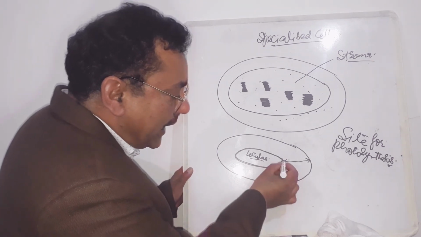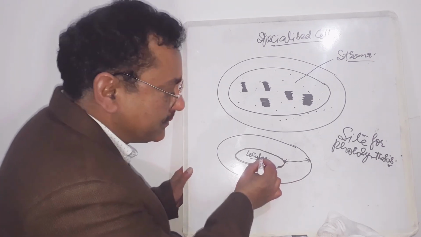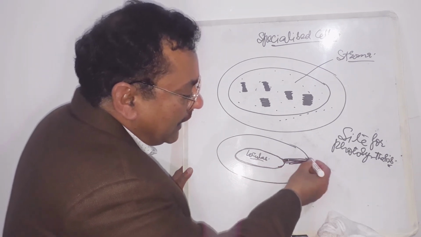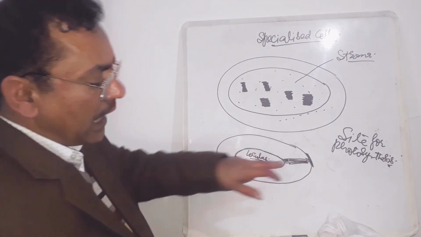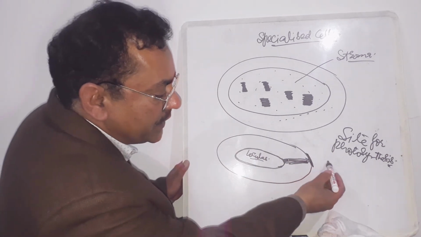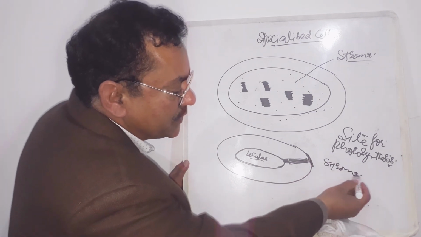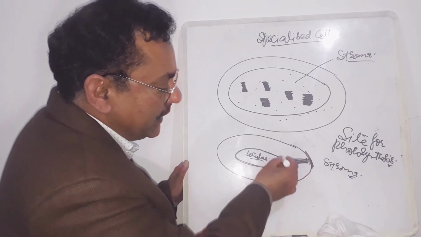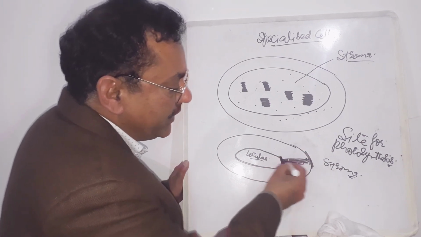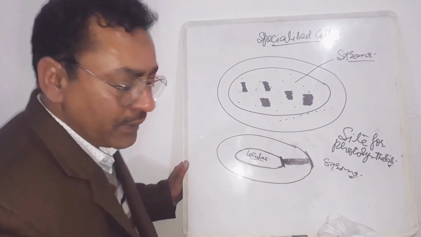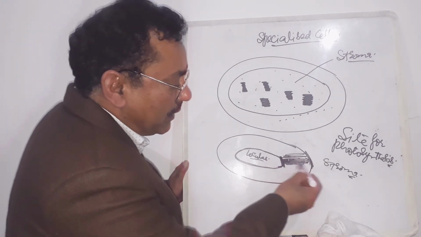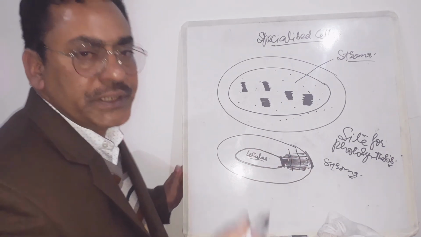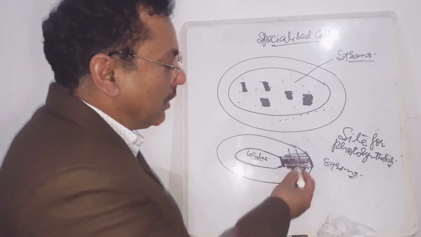Okay, the inner edge lies towards the loculus. Then this is the breadth of this thylakoid membrane, and this is its outer edge. It is bathed externally by stroma. What is here? Stroma. So this is the outer edge of the thylakoid membrane, this is the inner edge, and this is the width or thickness of the thylakoid membrane. This width contains the phospholipid bilayer and the proteins as constituents of this membrane.